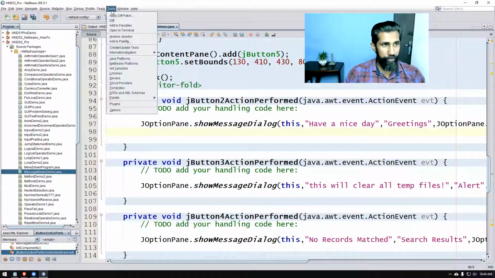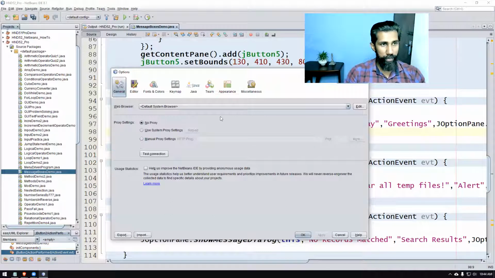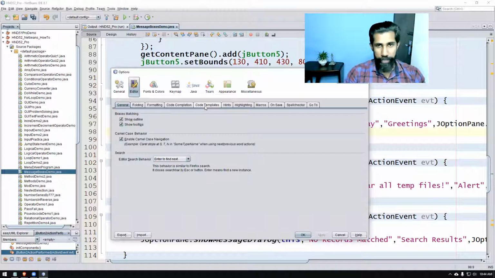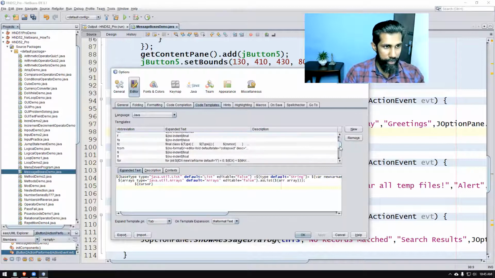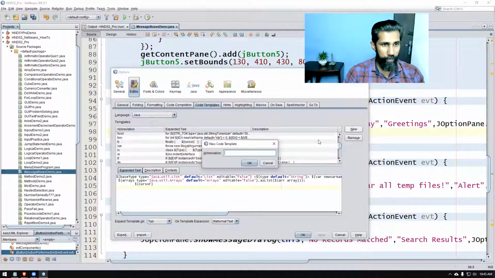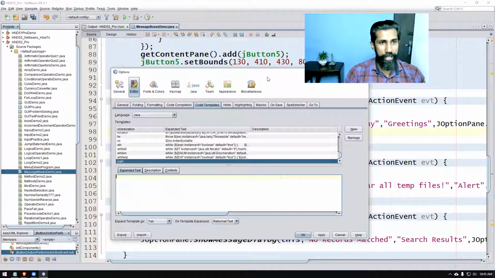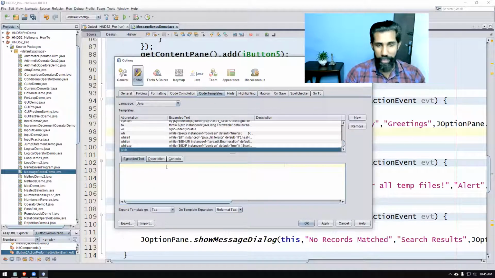So you go to the Tools menu, Options, and then you go to Editor, Code Templates. These are the built-in code templates, and the ones that I have built are also there. You just press New, and you can give the abbreviation. Make sure that it is not already taken. So I'm going to say JOPH. Hope that's not taken. It's not Joseph, okay? The font size is really tiny, so I'm going to quickly code it. So for this part, at least, watch in HD or download the video and watch, please.